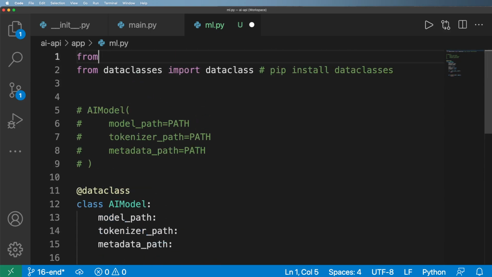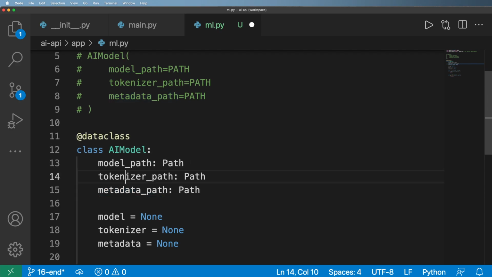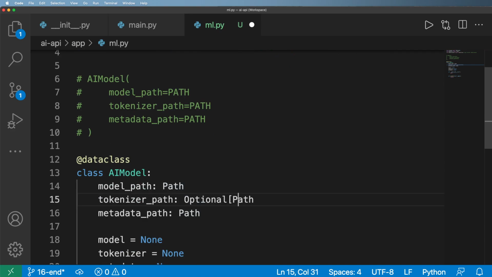So we're going to go ahead and do from pathlib, we're going to import the class of Path, and we'll just set this equal to Path, or of type Path, that is. And the tokenizer path and metadata path, well, we could actually think about this in the long run as being optional. The reason it's optional is because, well, what if I use this AI model class for an image class, right? Or something like that. So that way, I'm going to go ahead and do from typing import Optional, and come down in here and say Optional Path, set that equal to None as well,